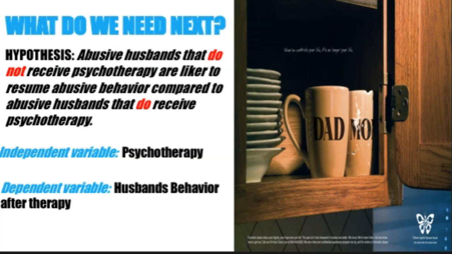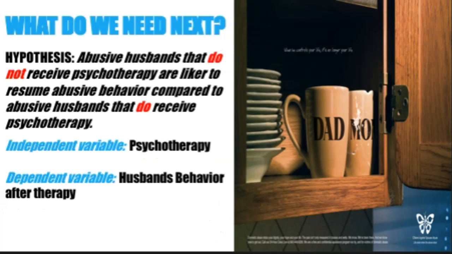well, I need to label my independent and my dependent variables very clearly so that I know what I'm measuring in this experiment, right? So my independent variable is obviously going to be psychotherapy. That is going to be the cause variable of the results. The dependent variable, the outcome, is going to be the husband's behavior after that therapy is given. All right, so I got my control group, I got my experimental group here, and in this case, I also need to look at the possibility of